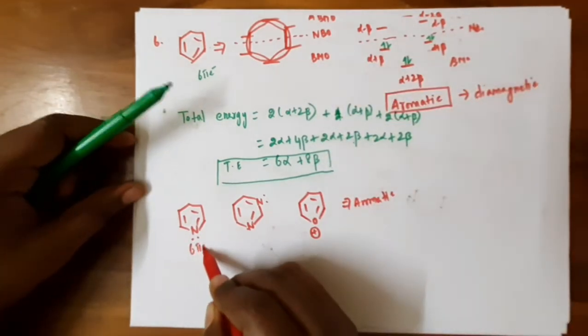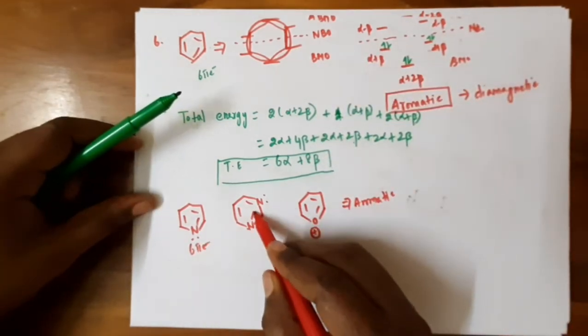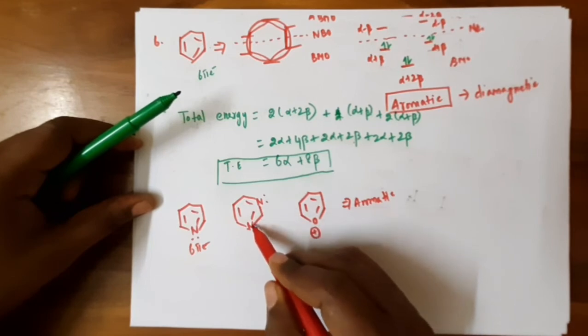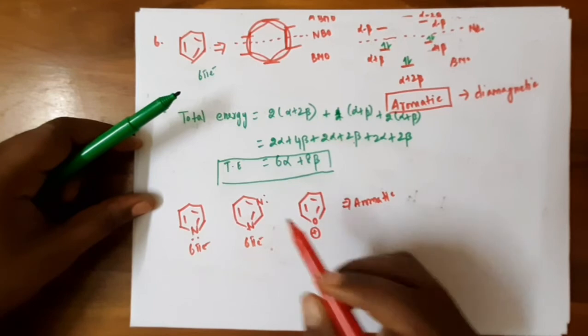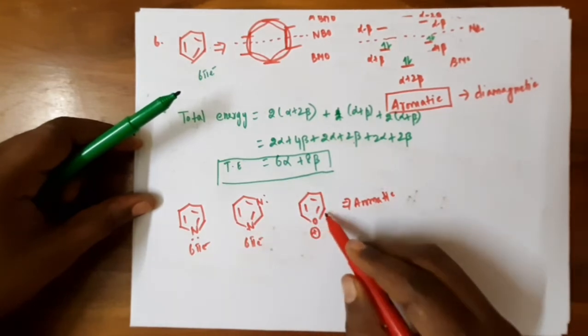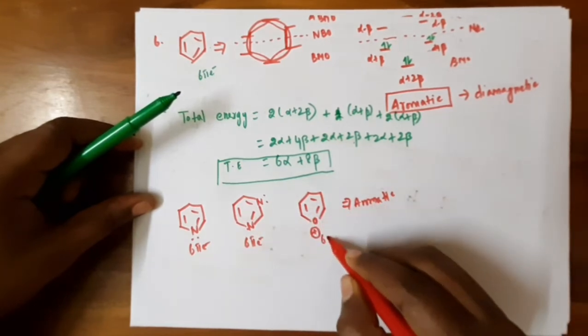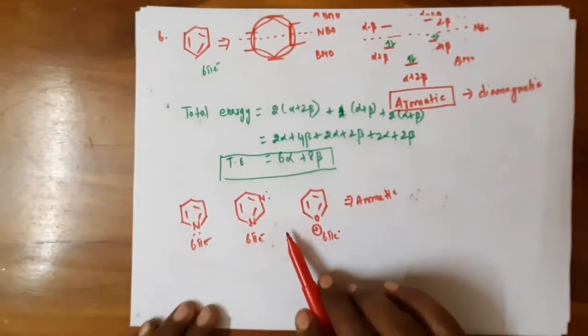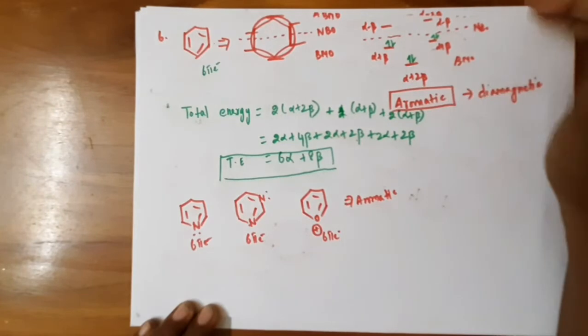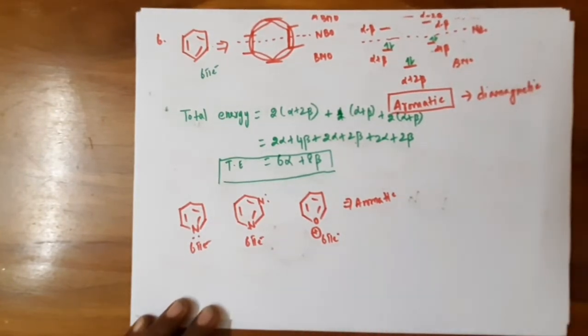It has 6 pi electrons. It is aromatic. The nitrogen does not give its lone pair for the delocalization because the sp2 nitrogen already has a pi bond. So it has 6 pi electrons. Again it's aromatic. And this also does not give its lone pair for the delocalization. Again it's a 6 pi electron aromatic. So based on the 4n plus 2 pi rule it's aromatic, and the similar Frost circle is here. Hence all the compounds obeying this method are aromatic.